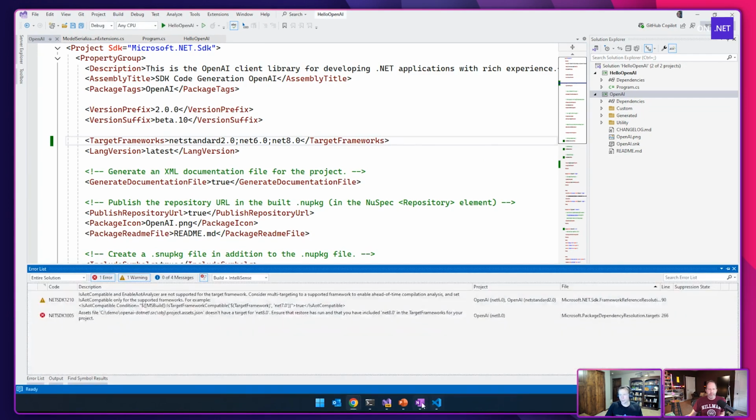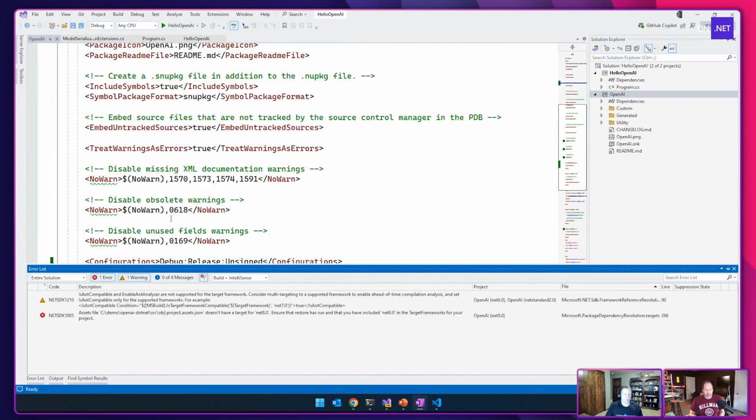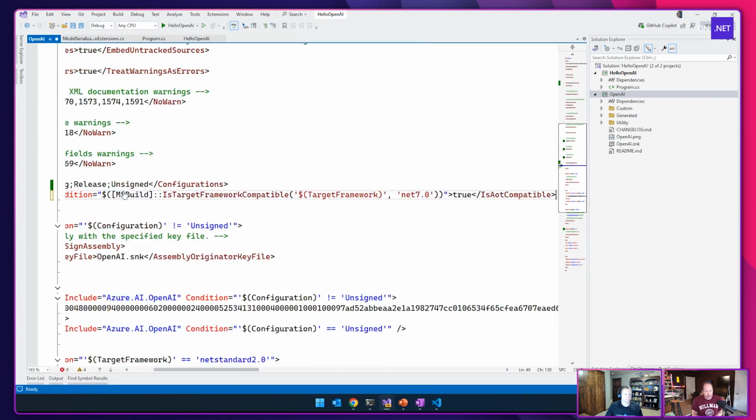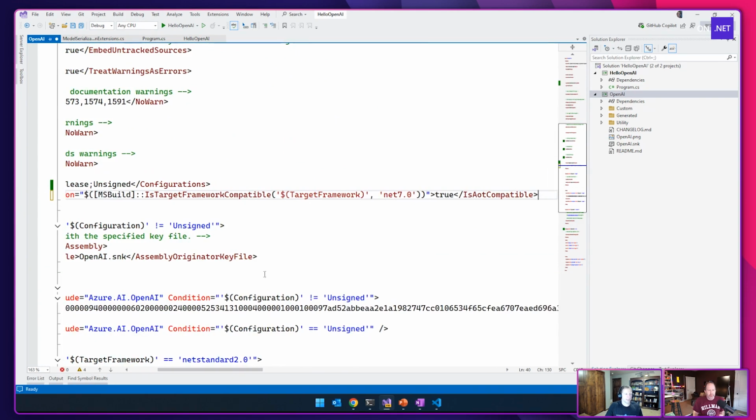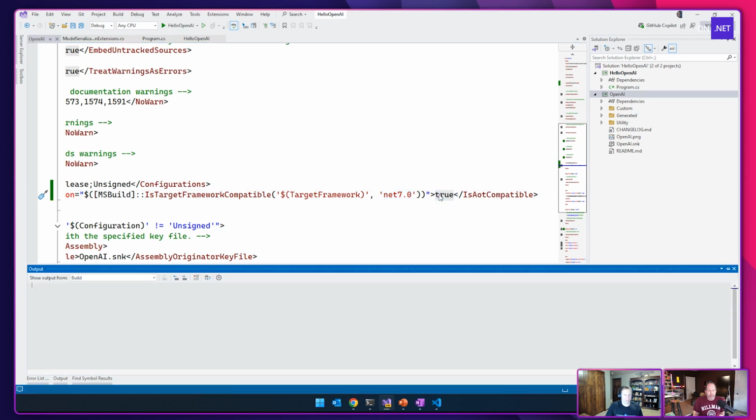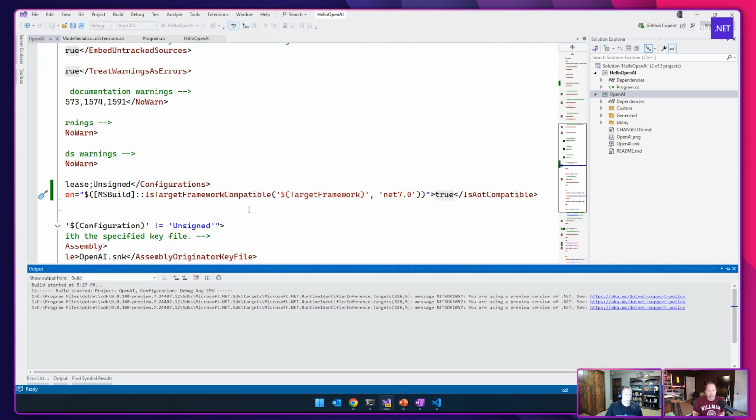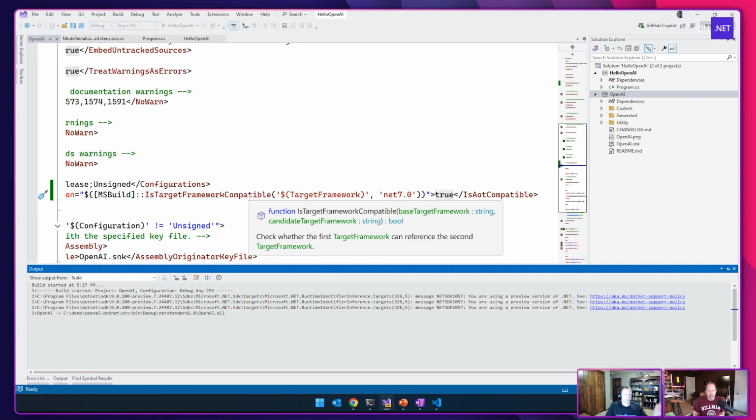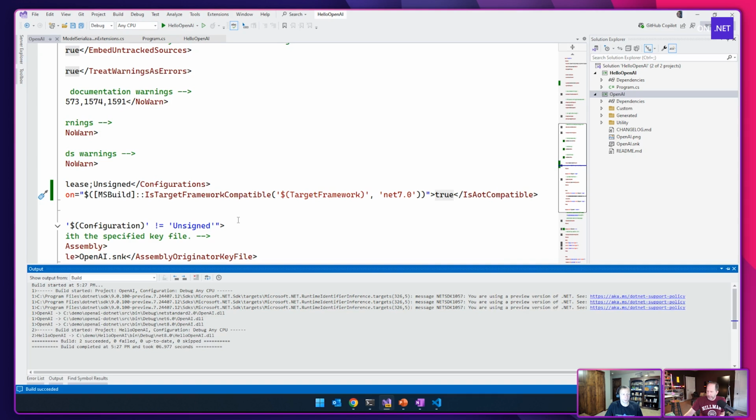And so to fix that, I can stick in the net8.0 compilation. And then I also need this tiny little workaround that it tells me to do right here. It says, put a condition on this IsAotCompatible. And that condition is, if you're .NET 7 or above, then yes, you're AOT compatible. And so for the first two targets, .NET Standard and .NET 6, those aren't AOT compatible, so we don't do the Roslyn analyzers on those. But for that net8.0, because it is compatible with .NET 7, they'll get on.